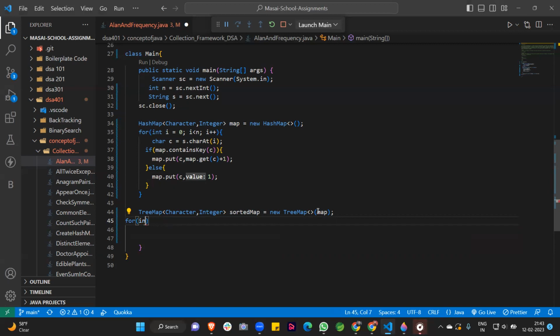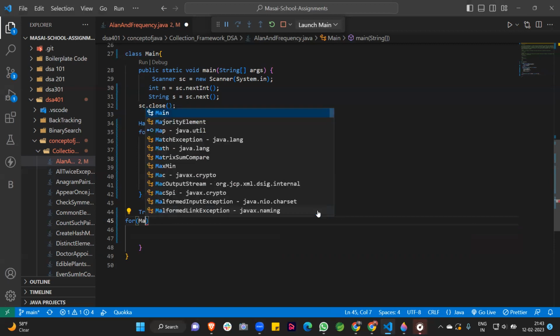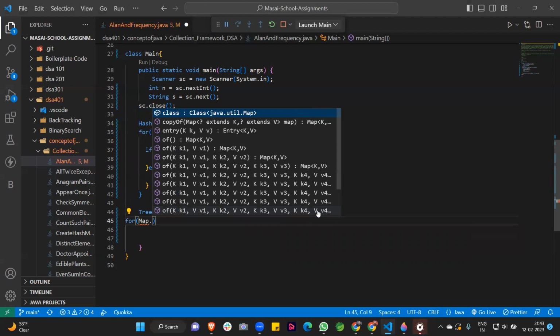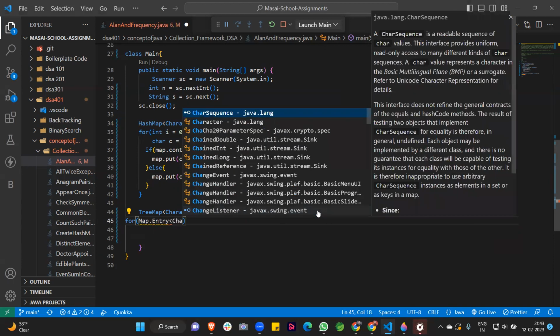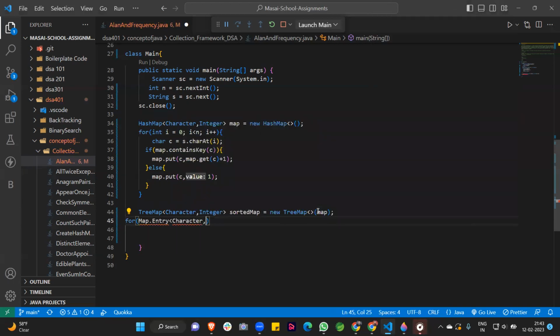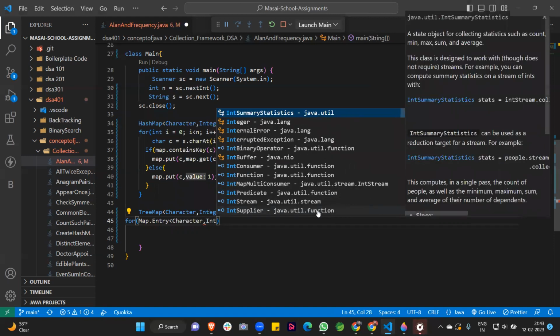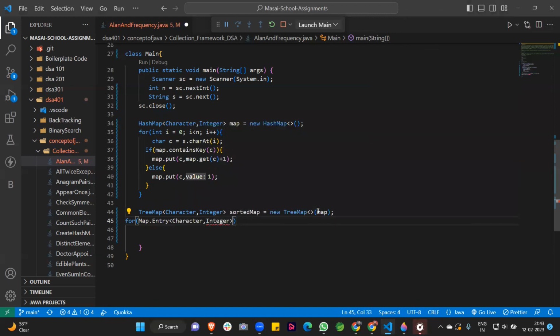Oh, no, no, no. We don't use this type of loop here. So we use Map.Entry. After that, the entry is of which type? Character and integer. Okay, guys. The Map.Entry is character and integer, and we can write any name like element, because it contains the element.